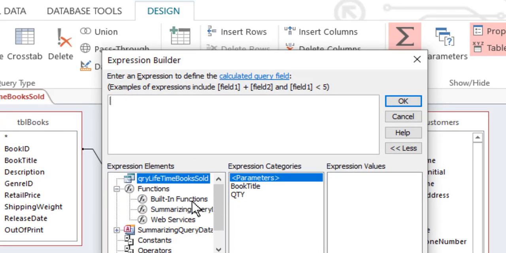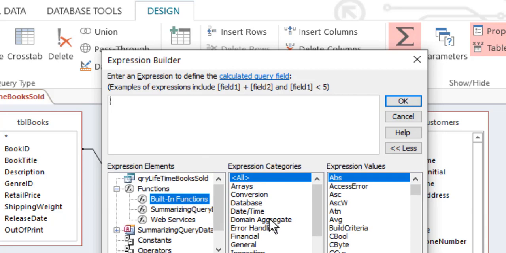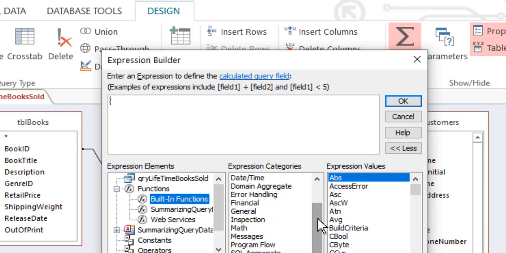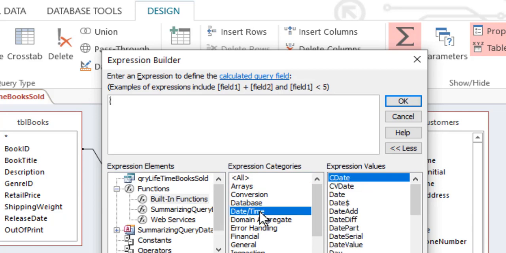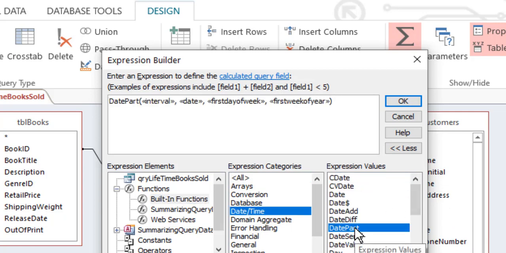Function, built-in function, date and time function. There are many other functions, sub parts of the date function, available, but I'm going to select date time function, and then I'm going to select the date part built-in function.